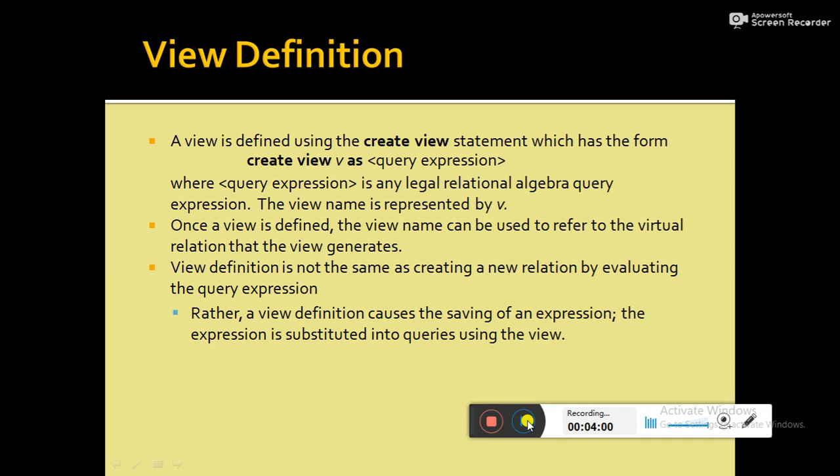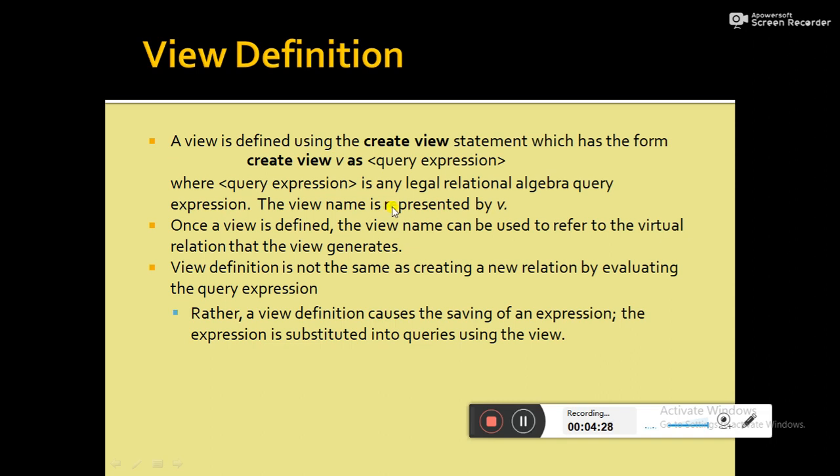In that case, we can use a customized version of the relation which contains only customer name, loan number and the branch name, and that customized relation may not belong to the logical model. It may not have existence in the database. It may be represented as a virtual relation, meaning a view.